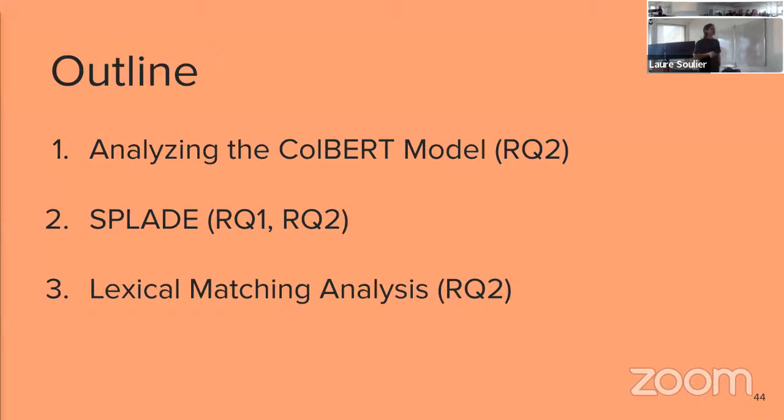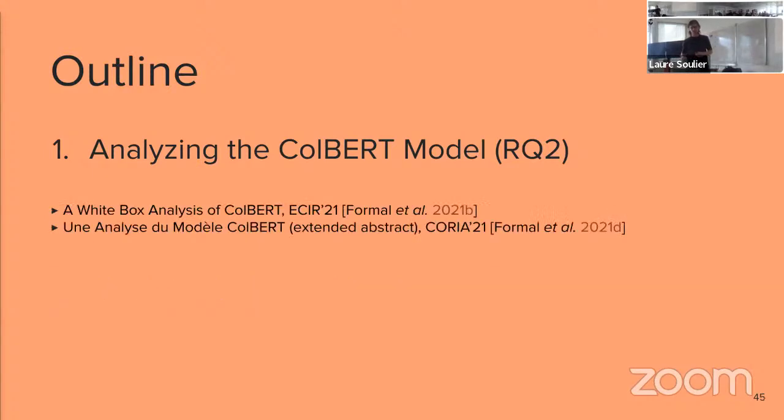And so the rest of this presentation is divided into three parts. In the first contribution, we analyze the ColBERT model. Then, motivated by our findings, we propose an original approach to the retrieval problem called ExplainableIR, which is the main contribution of this thesis. And finally, we take a step back and we compare how different semantic models behave with respect to semantic matching. So let's first dive into our first contribution towards analyzing ColBERT.